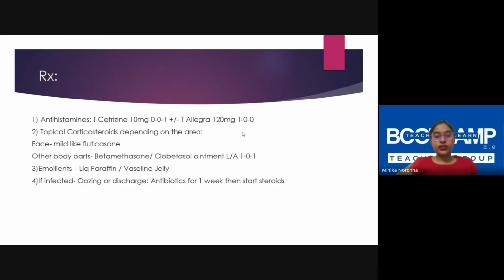Now we tend to think of these things as an infection, but it's because of the defunct barrier that you're getting those pustules. So patients tend to apply Dettol, something else to clean the skin aggressively, a lot of soap. These kind of lesions, cleaning with plain saline, plain water is good enough. You don't need to aggressively scrub that skin. The more you try to disinfect that skin, the worse it tends to become in an eczema.